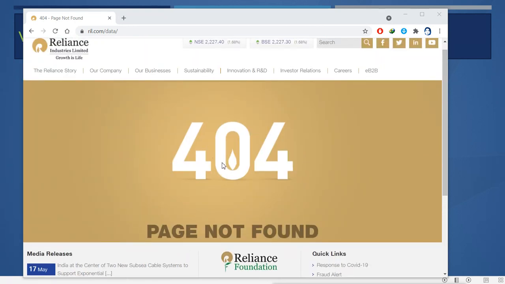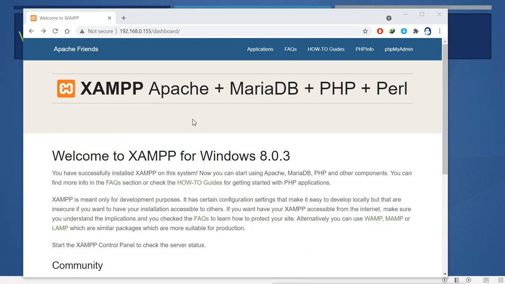This is the normal error we see. When you access some sites like this, you will see this type of custom error. This site is configured on my Windows machine, my own server. It is the XAMPP server, which is actually an Apache server.